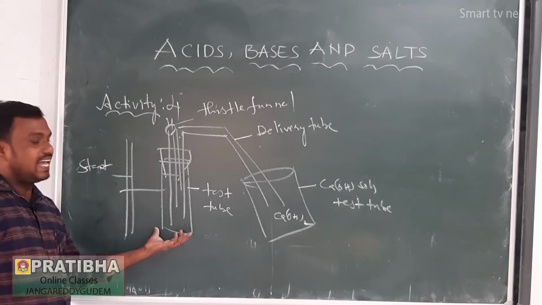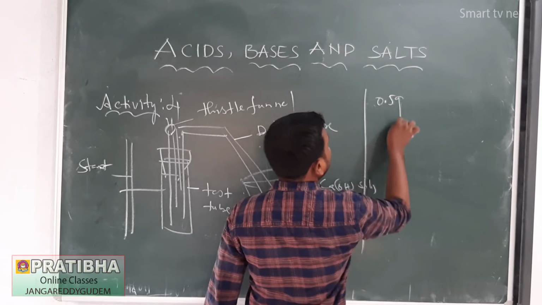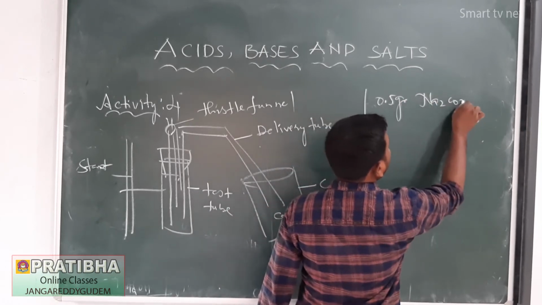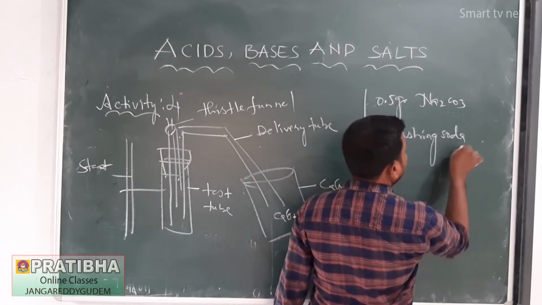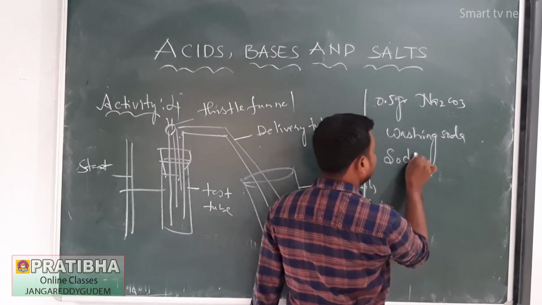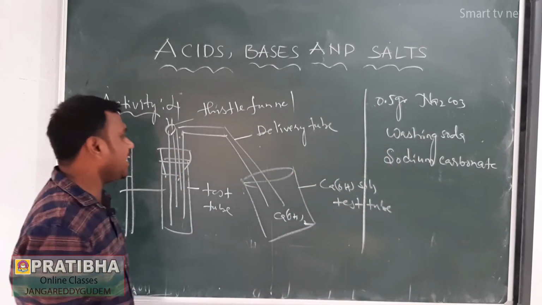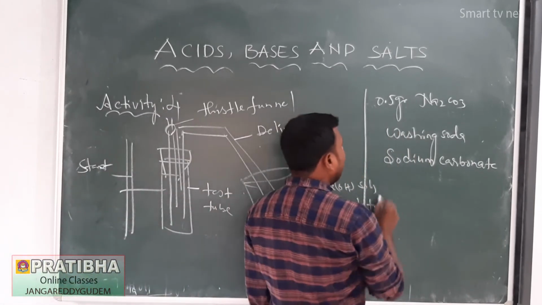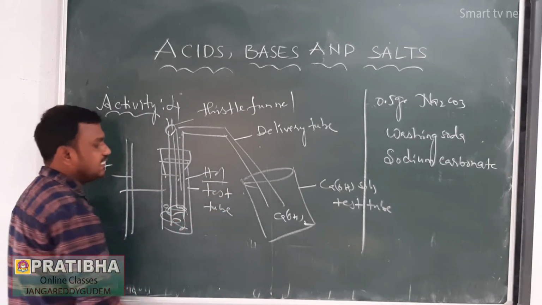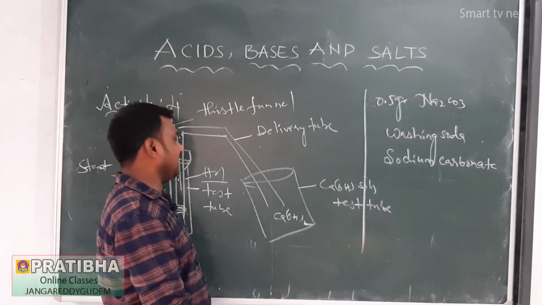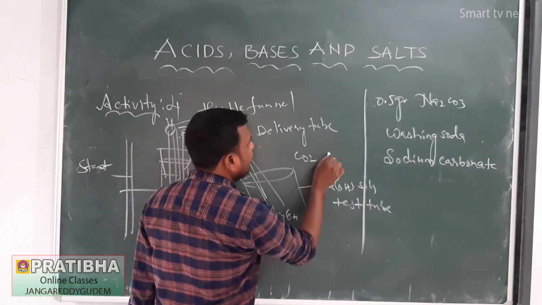After that, we can take a test tube and add a small amount, means 0.5 grams, of Na2CO3, that is washing soda, chemical name sodium carbonate. Sodium carbonate, and add a small amount of dilute HCl to the solution. After that, some amount of CO2 gas will be liberated.